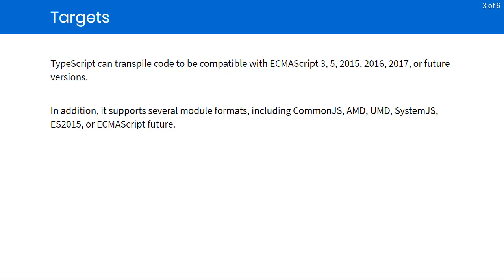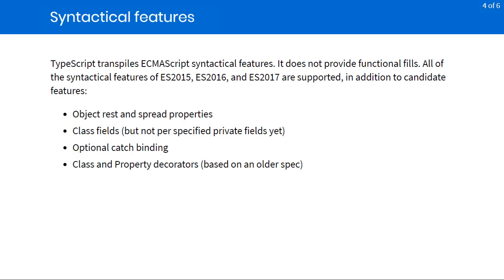Additionally, the transpiler allows us to deploy to multiple different loading formats. So for example, TypeScript modules can be compiled to use the CommonJS standard, AMD, UMD, and the various other standards that you see here. As we've mentioned before, the TypeScript transpiler allows us to use syntactical features from current and future ECMAScript standards and down emit those to work in environments that don't support those standards yet.